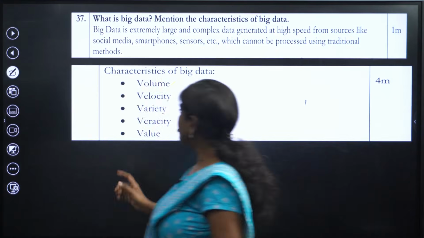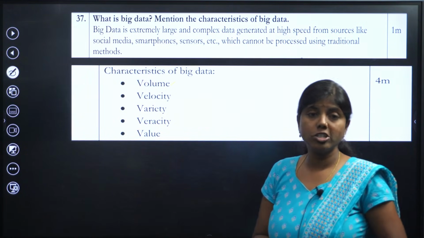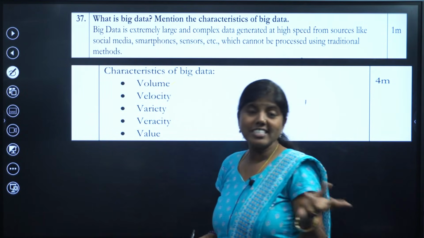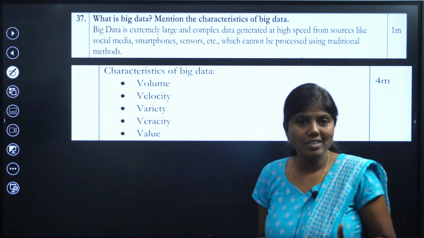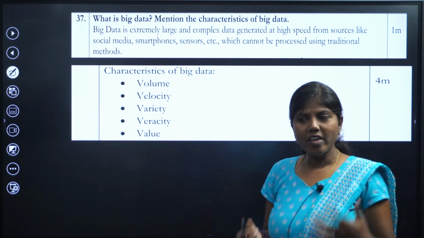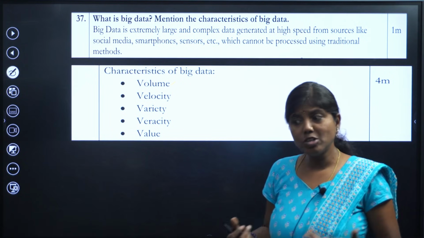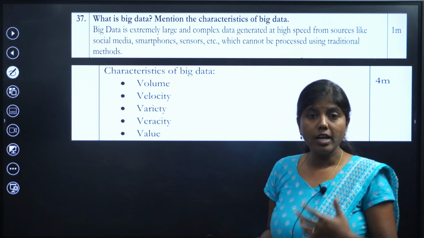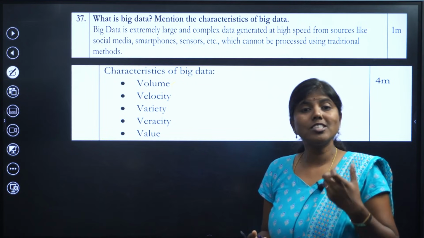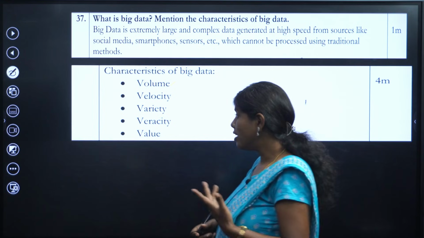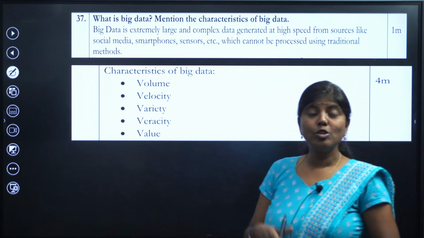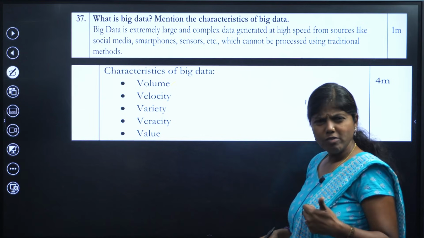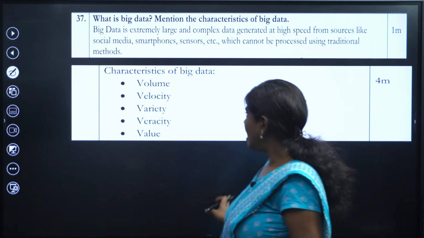Okay, so what is variety of data? Variety means different kinds of data: structured data, unstructured data, semi-structured data. Then we have veracity of data. The trustworthiness of the data is more important. Whatever comes, you can't just keep processing it, because it takes a lot of memory and you need a lot of algorithms. So trustworthiness of the data is very important here. And value, high business value, I told you. So these are all the different characteristics of big data. All the V's, 5 V's, just remember that. Okay, we'll go with the next question.